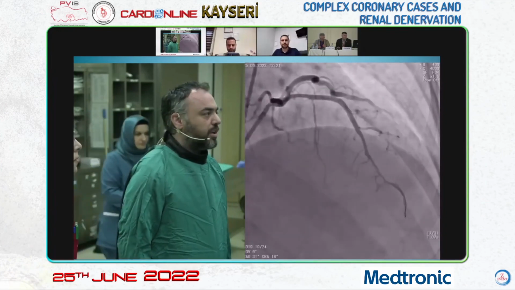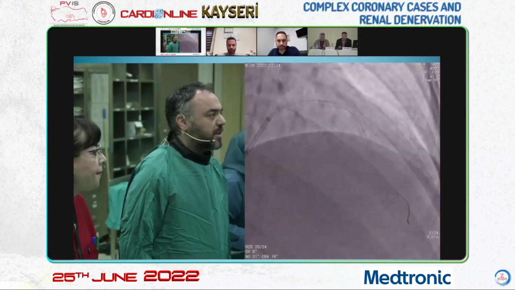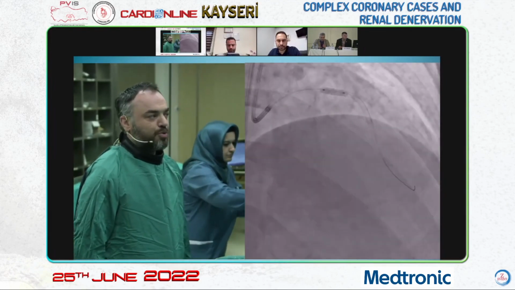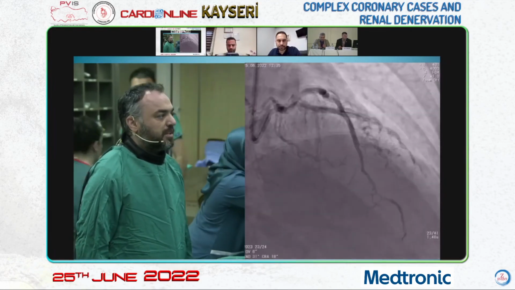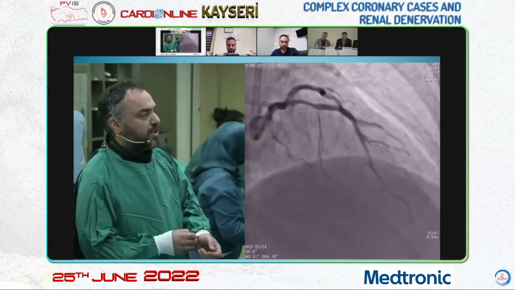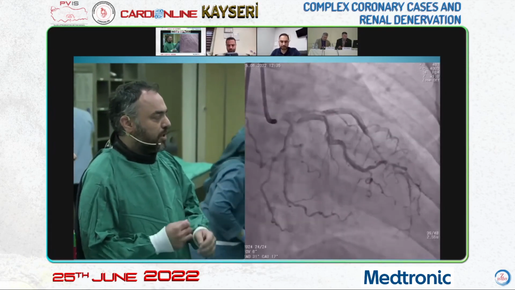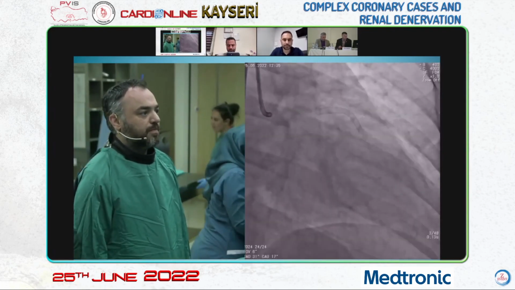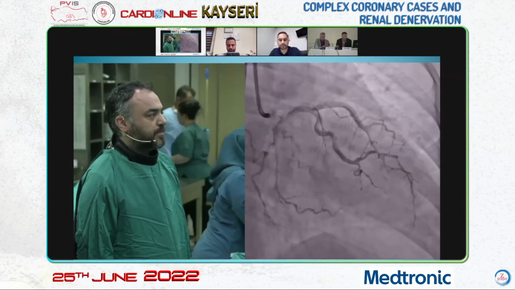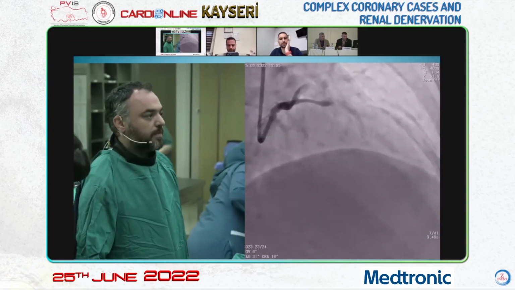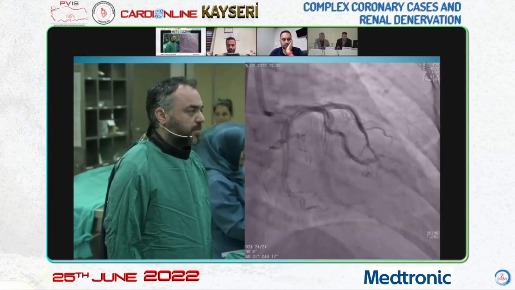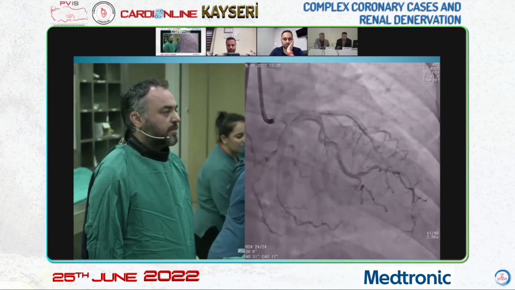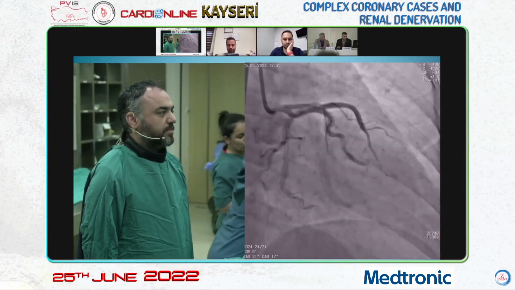In IVUS, when you see the stent is not opened well, the balloon used for POT was reused. As there is nitrate, there is hypotension and diffuse spasm. The general condition is good. We will now complete the procedure. It seems to be good. Well done. Hope that the distal